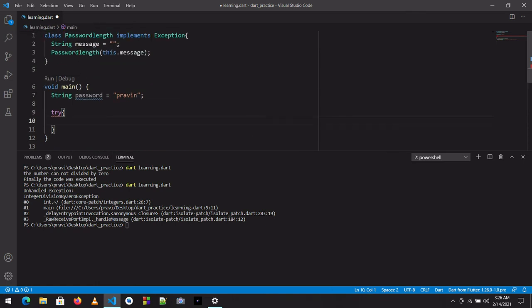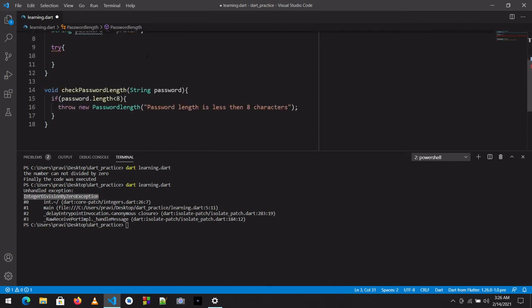We can use PasswordLength as an exception, similar to the integer division by zero exception. Now we have our own exception, PasswordLength exception, which has the message password length is less than 8.